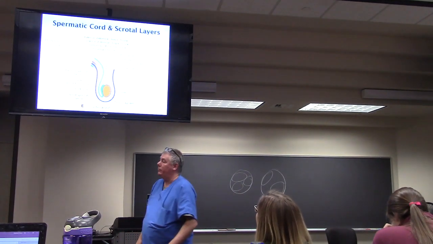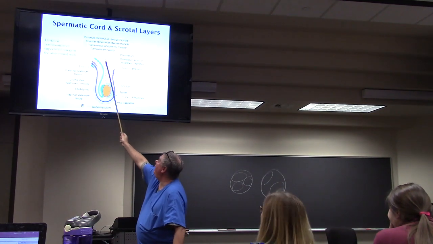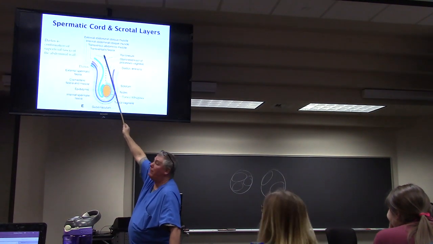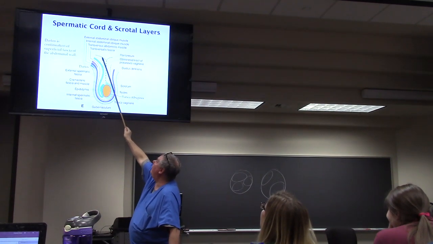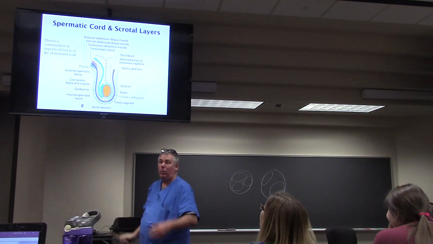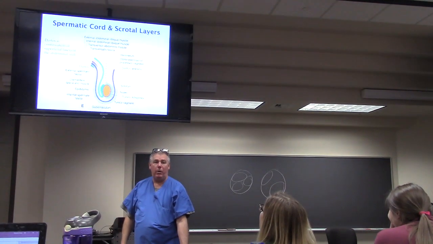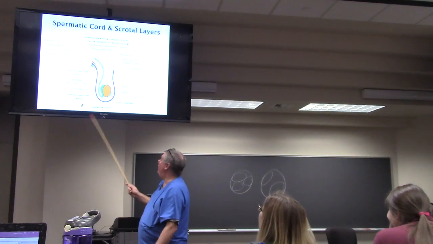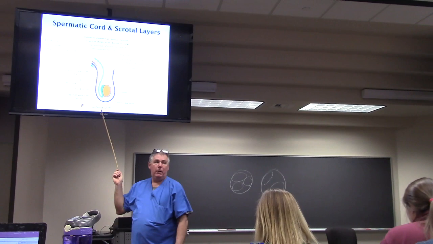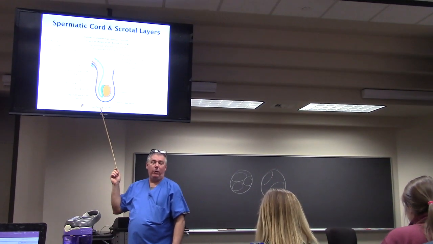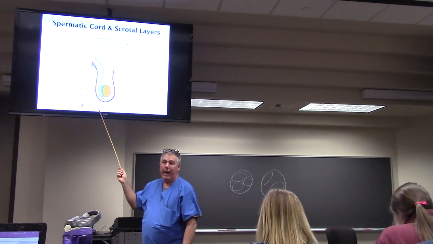One thing I want you to observe is this dotted line, we are inside the abdominal cavity here. There's the parietal peritoneum there. Your testicle, remember I said, got pulled down into your scrotum by this thing right here called a gubernaculum,